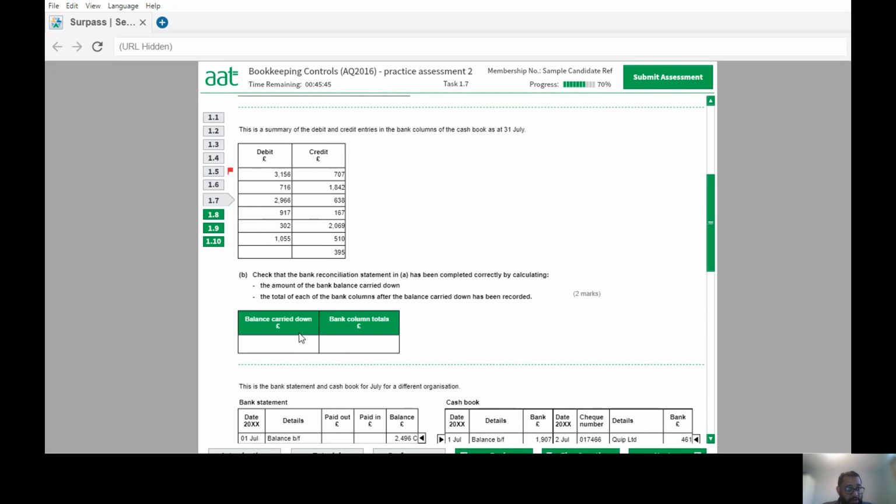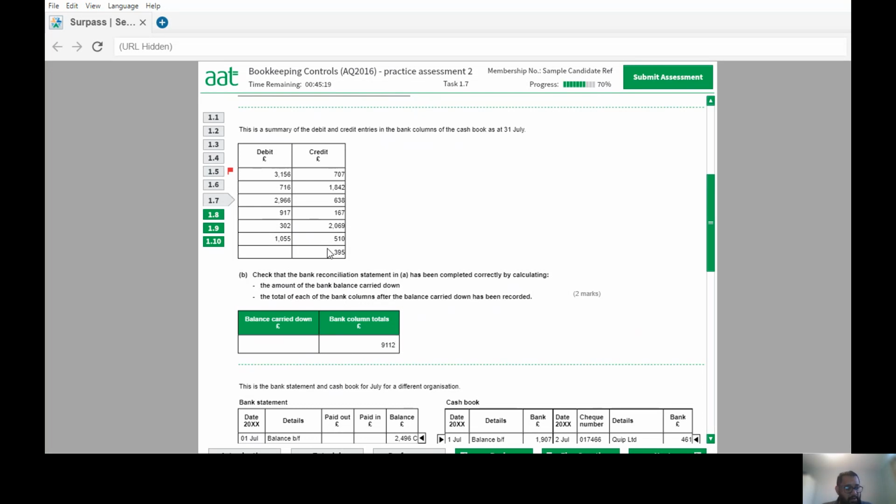3156 plus 716 plus 2966 plus 917 plus 302 plus 1055. So I'm having a value of 9,102 pounds. And then take away 7,007 minus 1,042 minus 1,842, 638,